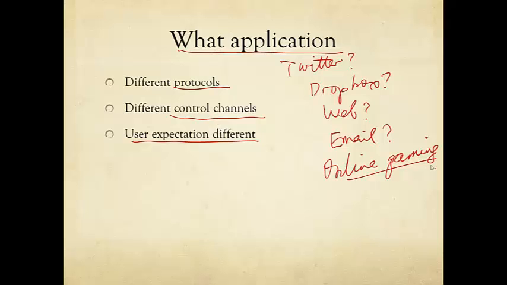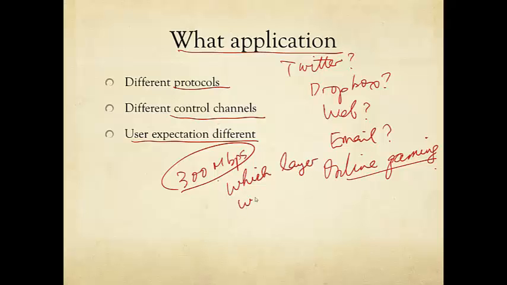Now, when you are again quoted at your local wireless cellular network provider store, say, come, please take a look, we got 300 megabit per second LTE on service now. Now you know the right question to ask, and that is, just hold on a second. Can you please tell me which layer, where, when, and for what application are we talking about the speed of 300 megabit per second?